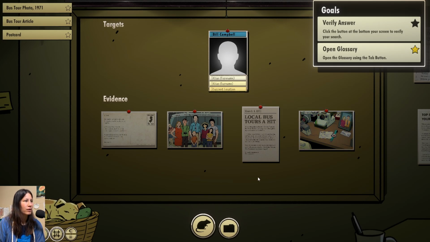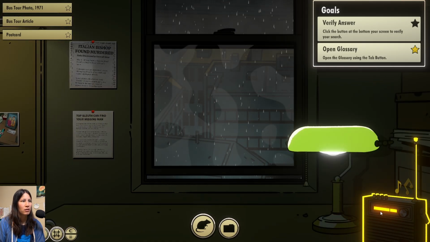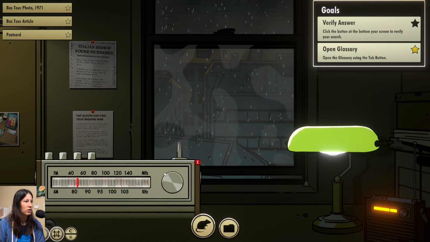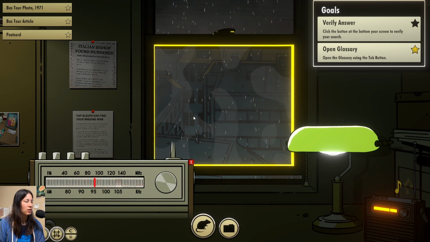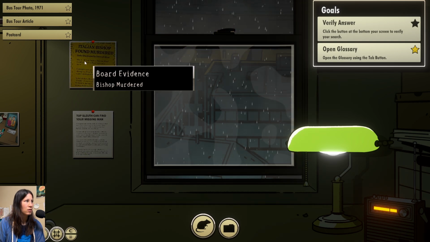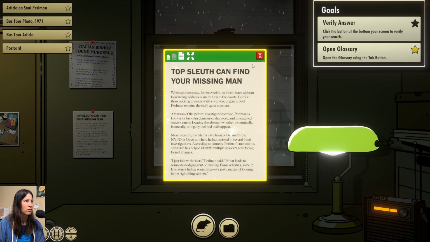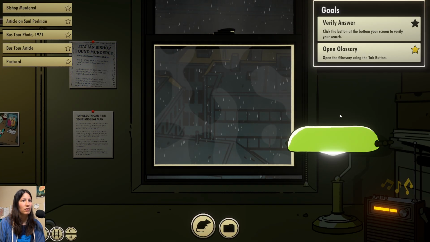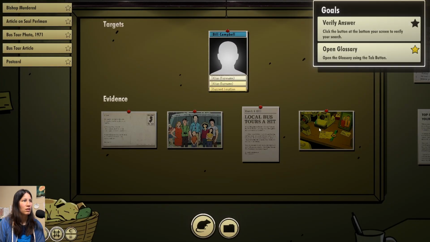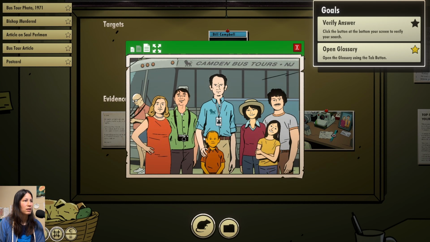I already looked at that. This. I can change the station. Oh, this was the evidence of... Okay, that I already read. Okay, so this is the only evidence I have. So,